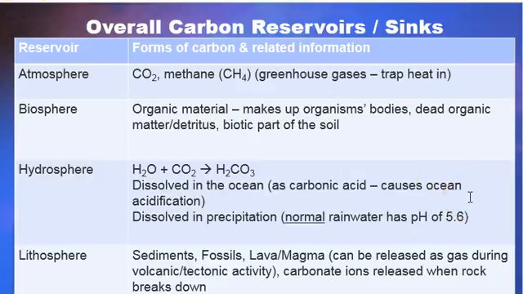And carbonic acid is a really weak acid, so you can notice it's not too far below neutral. What really becomes a problem with acid rain are other types of acids, like those that form from nitrous oxides or sulfur oxides, because then it forms nitric or sulfuric acids, which are much stronger and are going to lower your pH much more. Carbonic acid, not too bad, so normal rainwater is 5.6.